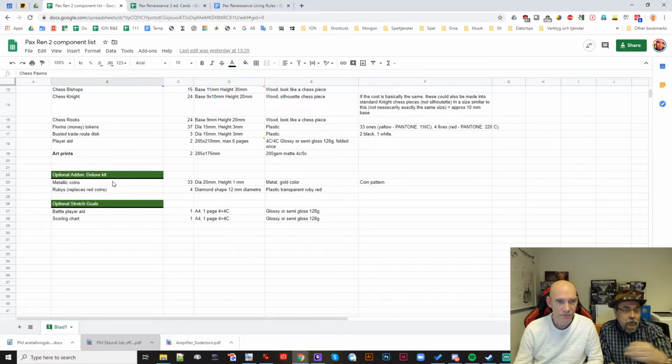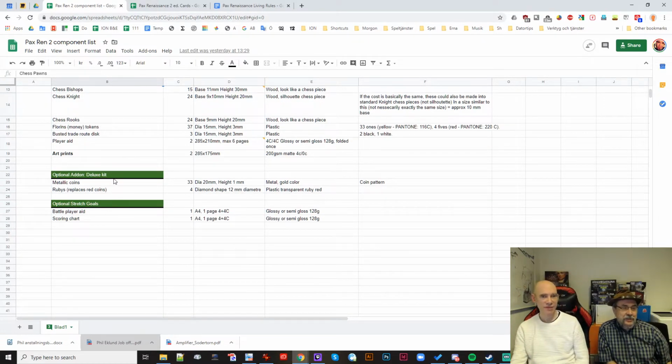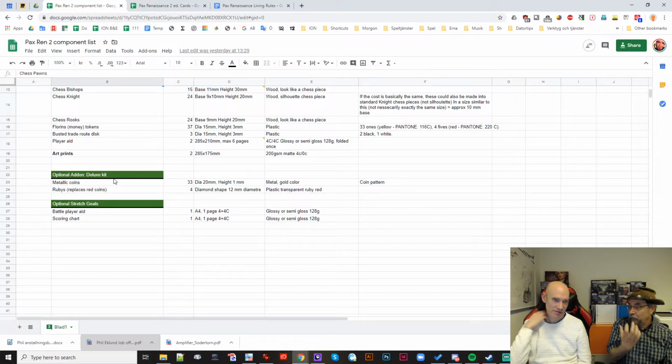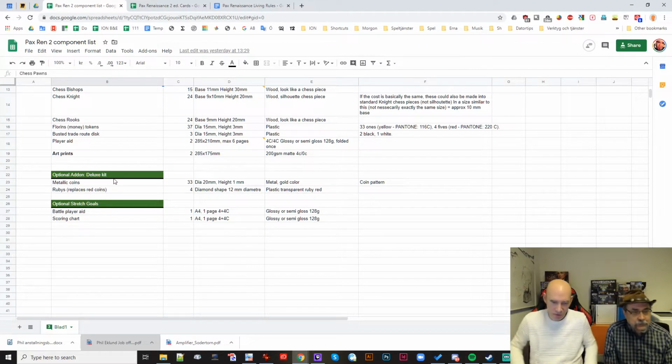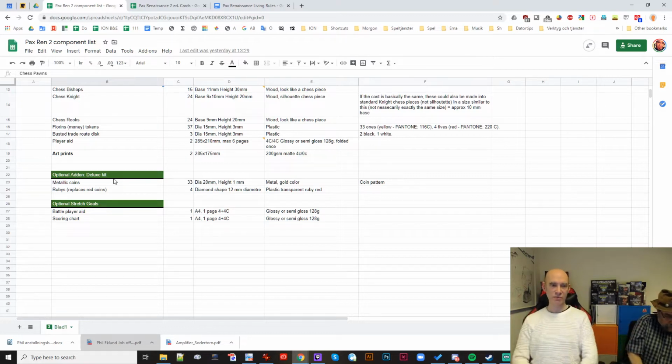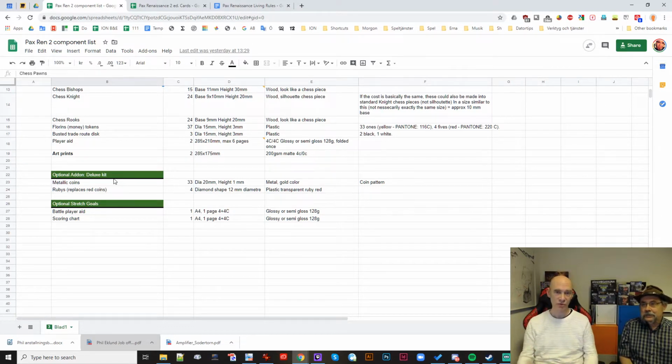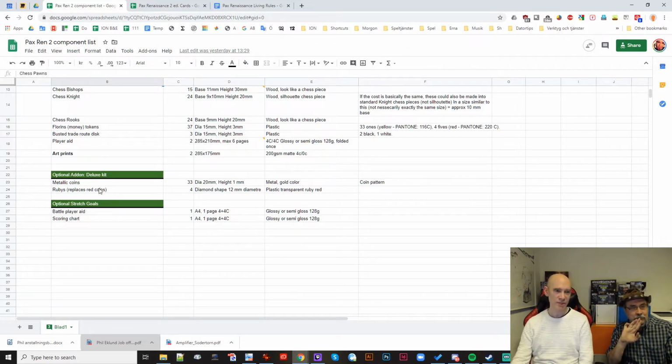Yeah, I hope the metallic coins go in. I think it'd be cool to have Florin-looking Florins. It's a deluxe kit that we will have in the Pledge Manager, if it's economically viable. If there are enough backers, we will probably opt for this, because we need to make sure that we can sell at least a bunch of them, because you have to order a set minimum amount. So we'll see, but we are quoting for it. We'll see what they will cost and get that information, and then hopefully we'll add it to the Pledge